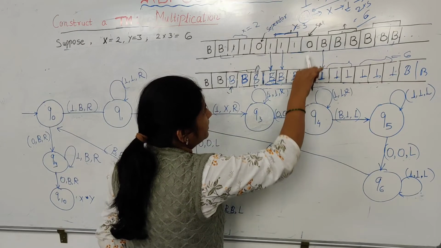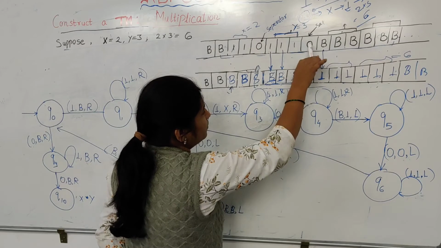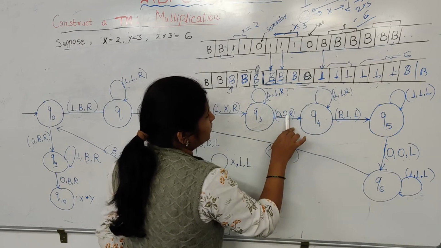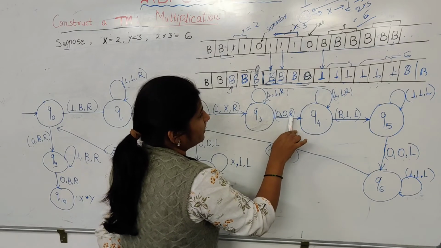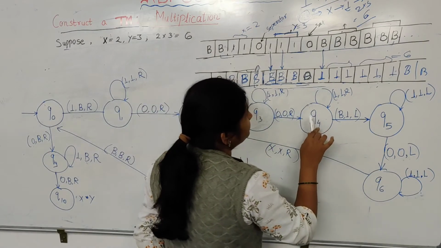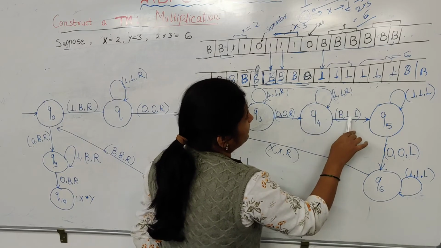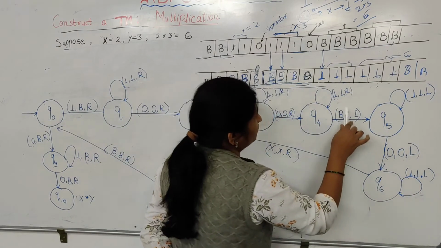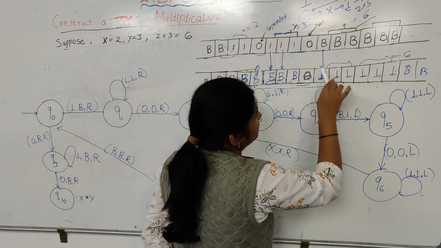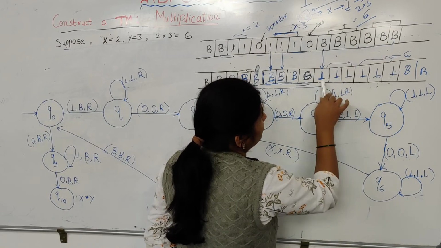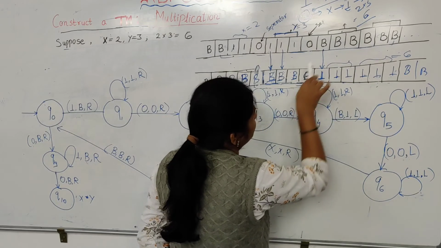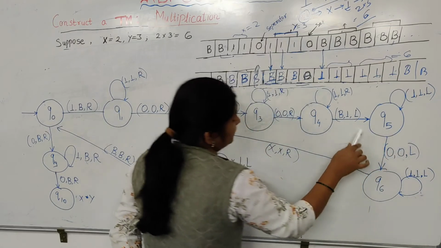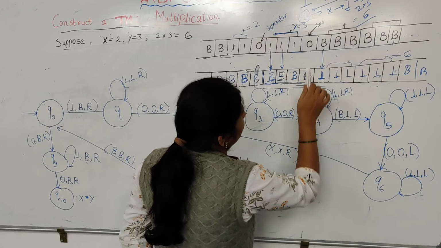Now our read-write head is pointing here, on the 0. If we find 0 here, we have to keep this 0 as it is, and move towards the right. Now we are on the state Q4. On Q4, if we see the blank, what do we have to do? We have to change it into 1. First one, and then we have to do the left movement. Again we will move back. Then we are on the state Q5.